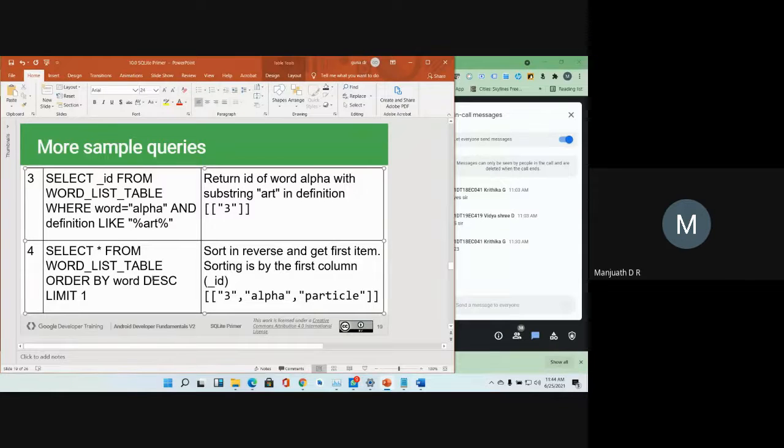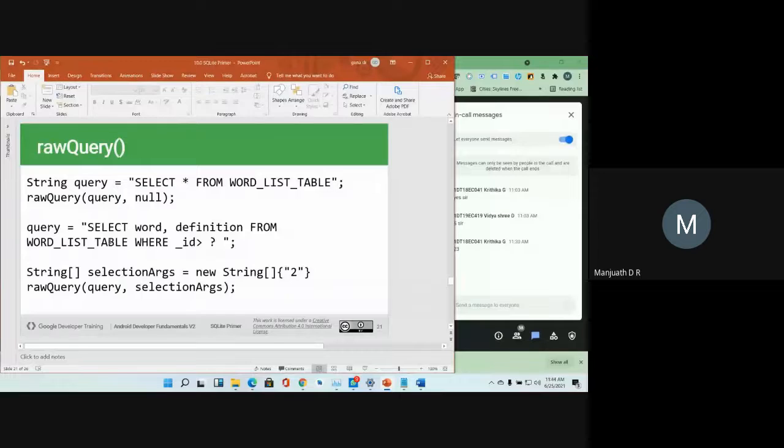Same, descending means it will do in reverse order, and the limit is I want to know only the first row of information. I'm not interested in all the results I may get, I'm only interested in the first row result. So then you can do it using limit operations. Okay, so